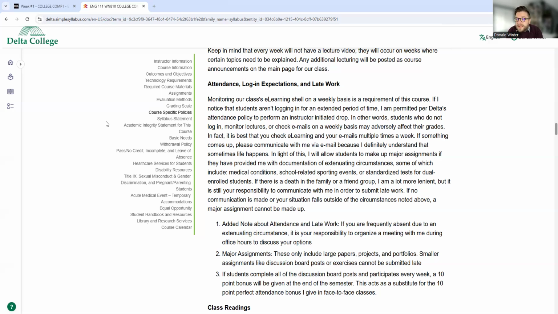If there is a school related event, like a standardized test or anything like that, especially if you're dual enrolled, I will let you submit some documentation for that. And obviously, that will be a situation where I will allow you to miss. If there's a death in the family or a friend group, I am really lenient on this because some professors will ask you for an obituary.